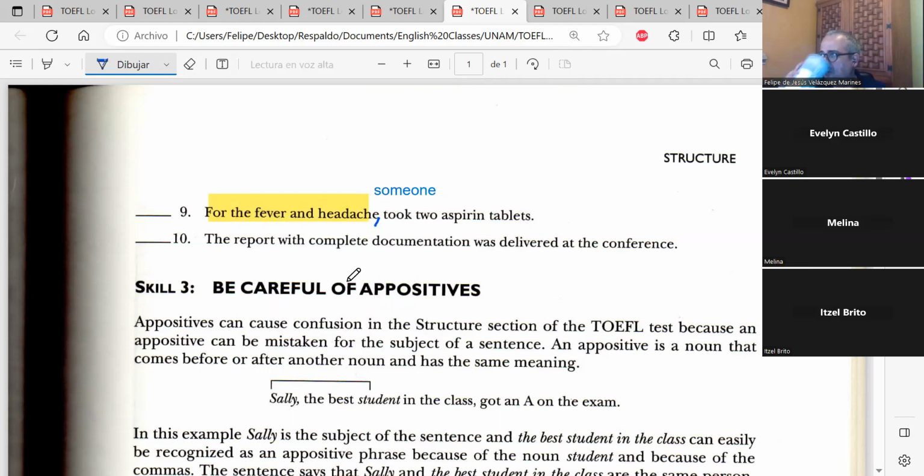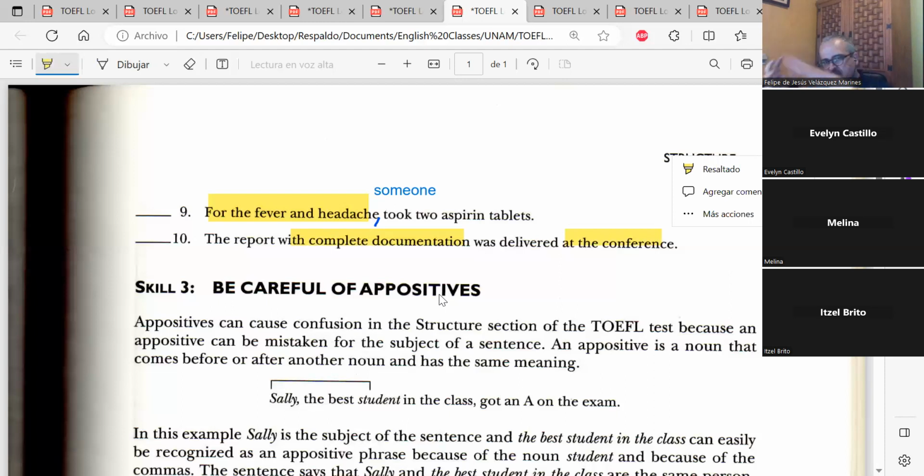The report with complete documentation was delivered at the conference. So with complete documentation, and at the conference. Yes, thank you. And that's correct, right? Correct, because the report was delivered. Yes. Okay. So one of the things that I like about how grammar is presented in this book is that